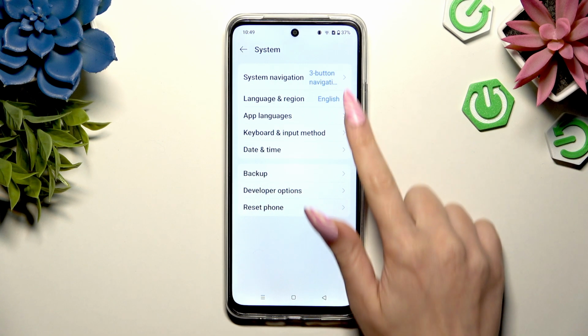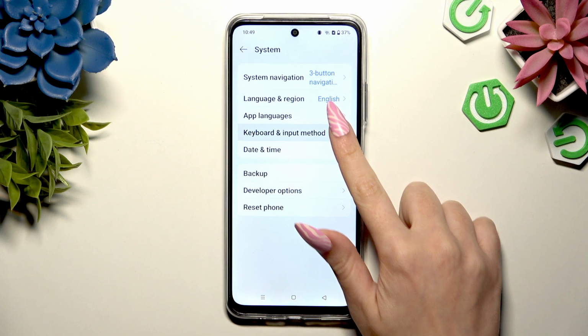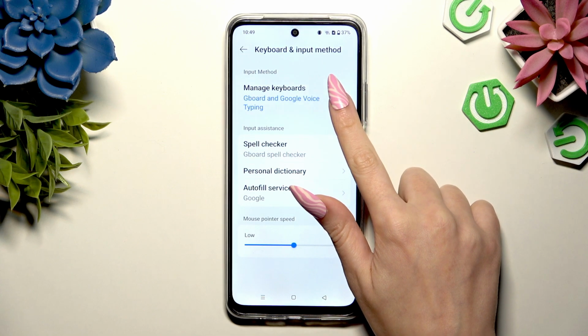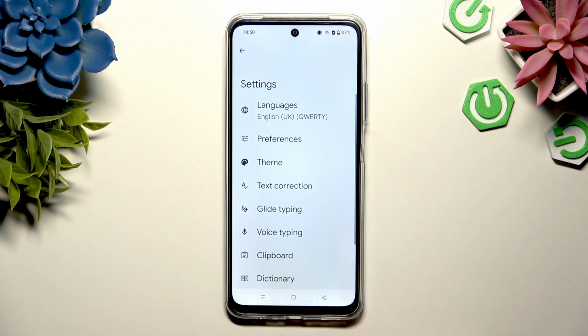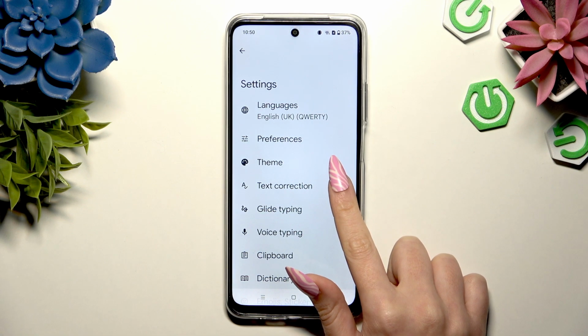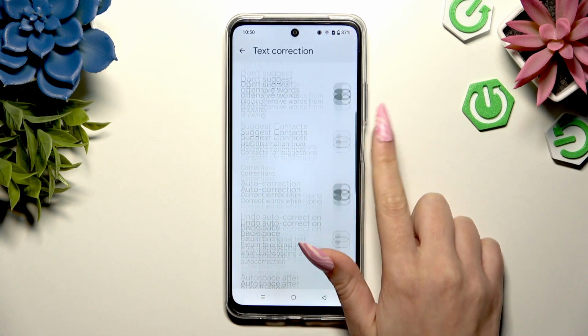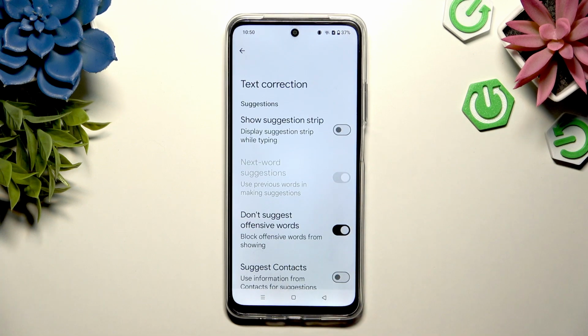Now select Keyboard and Input Method, Manage Keyboards, and Gboard. Following that, hit Text Correction and manage all of those options however you want to. If you wish to access text correction settings much faster in the future, use the gray switcher next to Show Suggestion